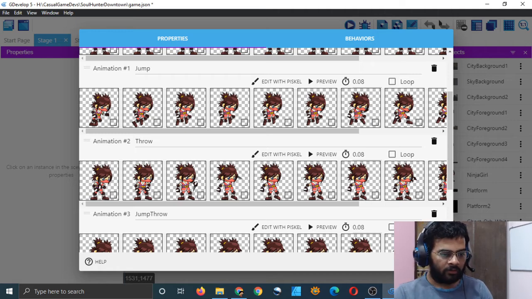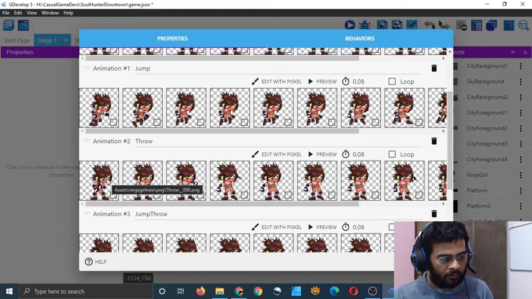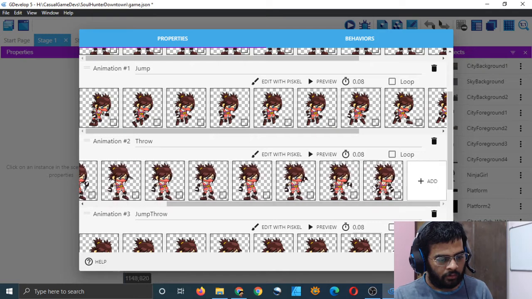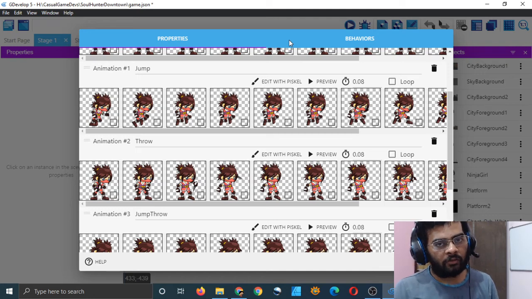It doesn't say how long it takes, but I can just, you know, this is the FPS, 0.08 frames per second. No, it is 0.08 seconds it will spend on one frame. So how many frames are there? There are 1, 2, 3, 4, 5, 6, 7, 8, 9, 10 frames. We have 10 frames and we are spending 0.08 seconds on each frame.